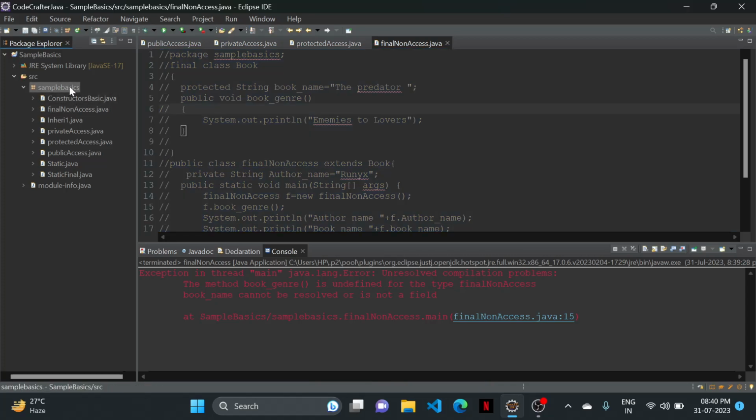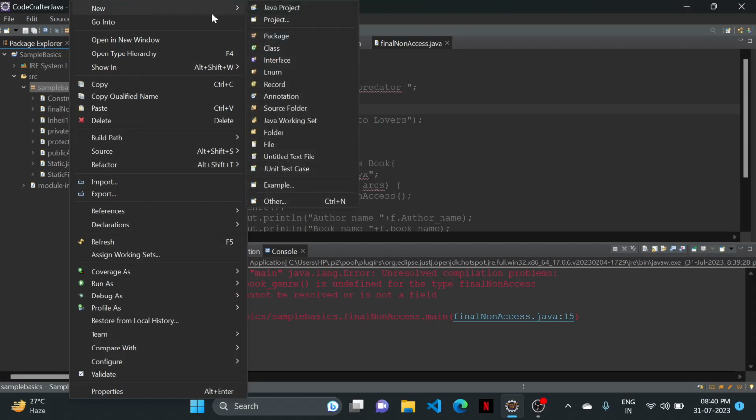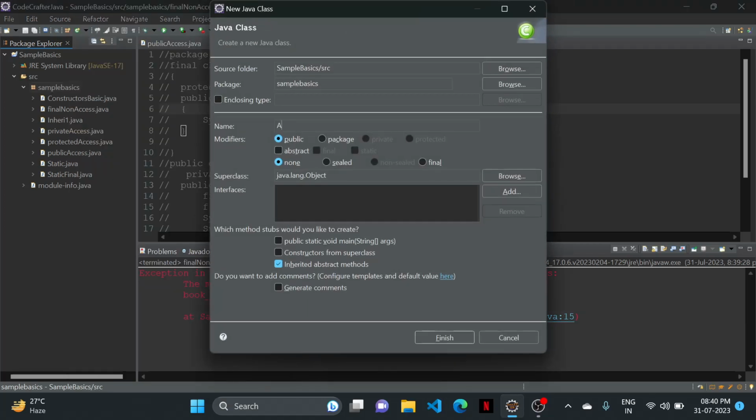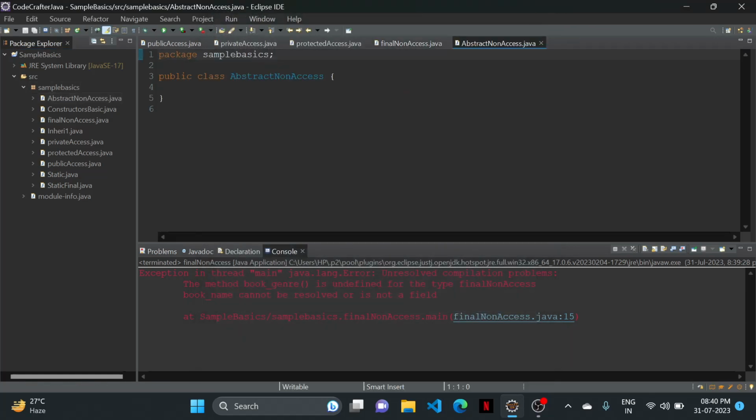We'll just create a new class for the abstract. New class, abstract, non-access. So inside this, we are just going to create a new class that's in the form of an abstract class. And an abstract class, you just have to create using the keyword abstract